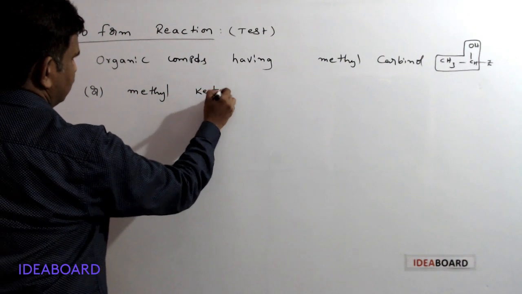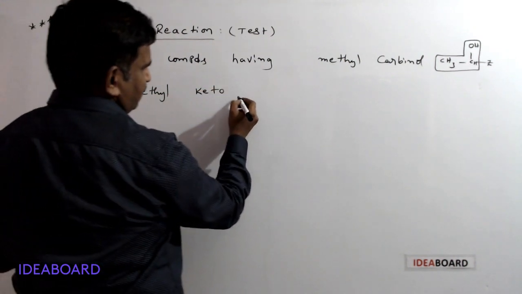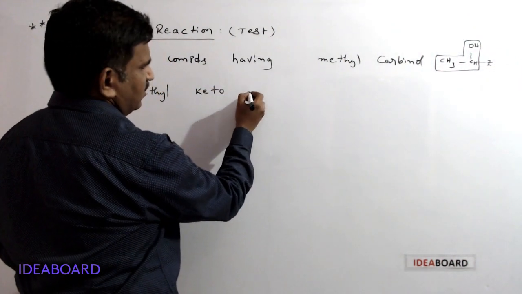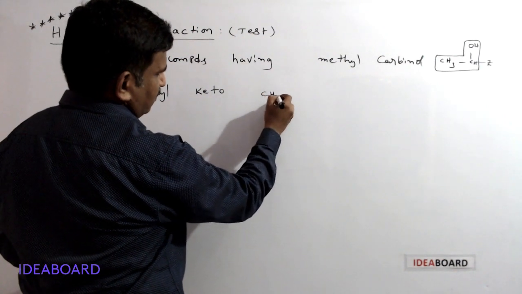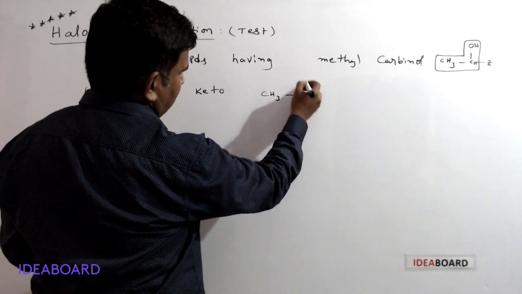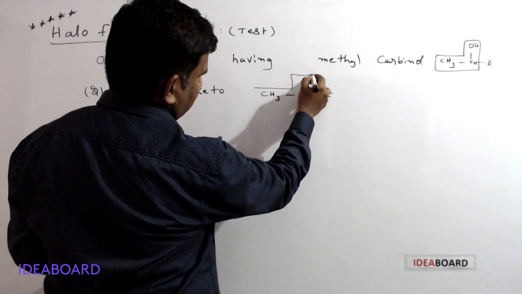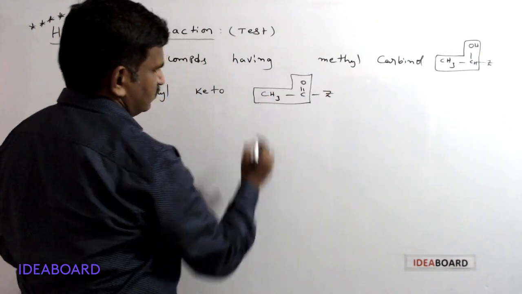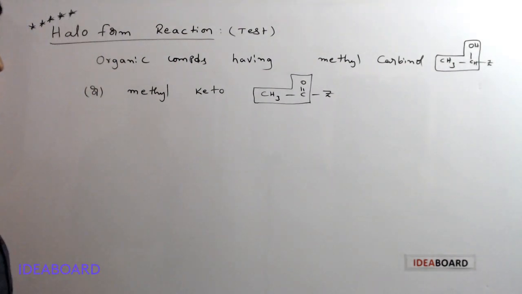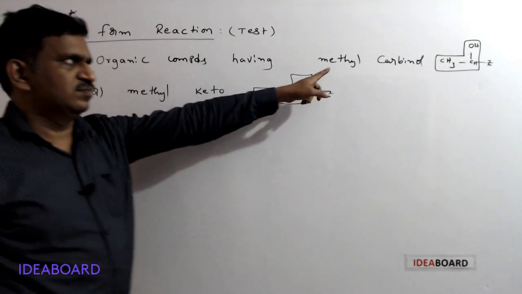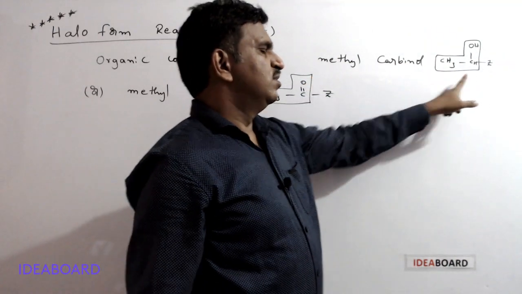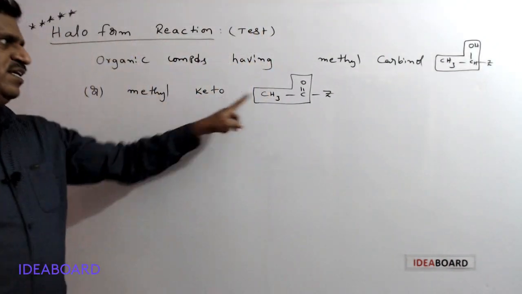What is a methyl keto group? Methyl keto group means CH3 C double bond O Z. This is called the methyl keto group. So, methyl carbinol group, or methyl keto group,